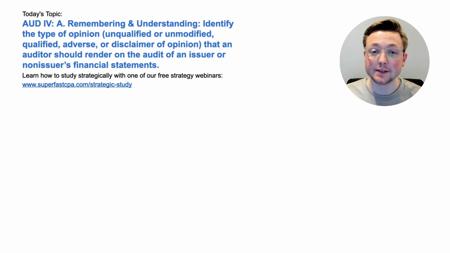I'm Logan, and in today's video, we're going to be going over Audit Area 4. This is Section A. This is a remembering and understanding topic. Identify the type of opinion, so that would be unqualified or unmodified, qualified, adverse, or disclaimer of opinion, that an auditor should render on the audit of an issuer or non-issuer's financial statements. And we're going to be doing that the SuperfastCPA way, which is diving straight into the questions to learn the